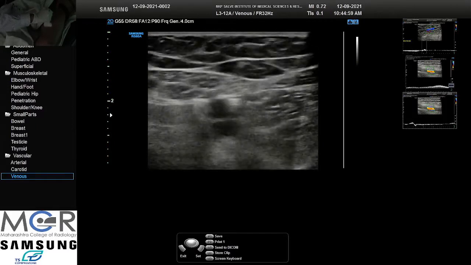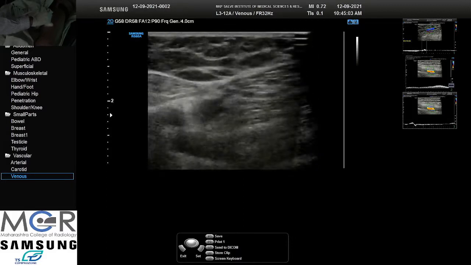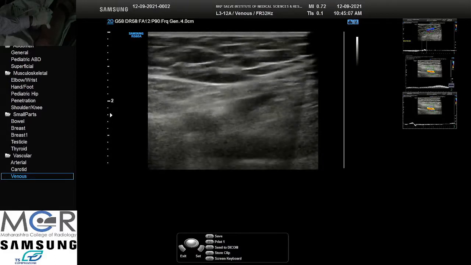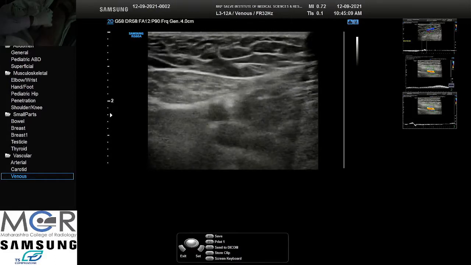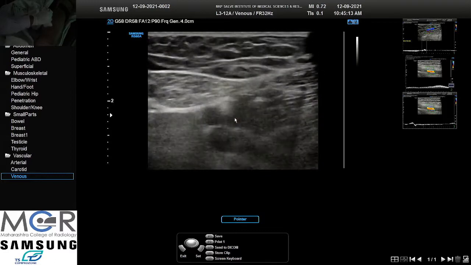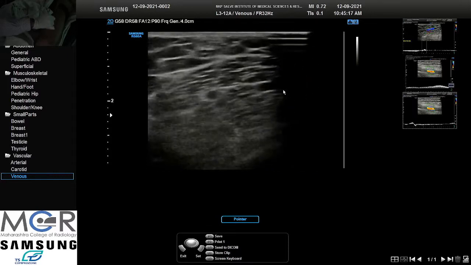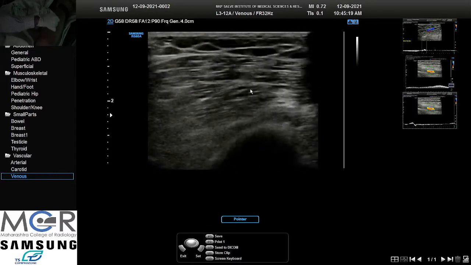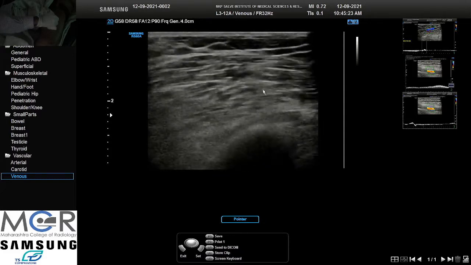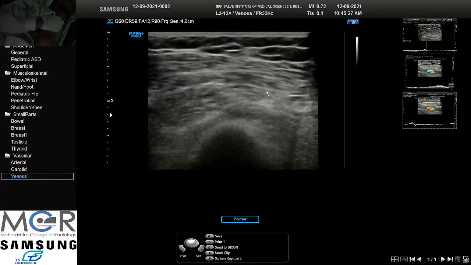Trace in transverse, check the compressibility. You can see some large vein is coming here, and you see that, see this vein, this is coming here, right from the medial side.